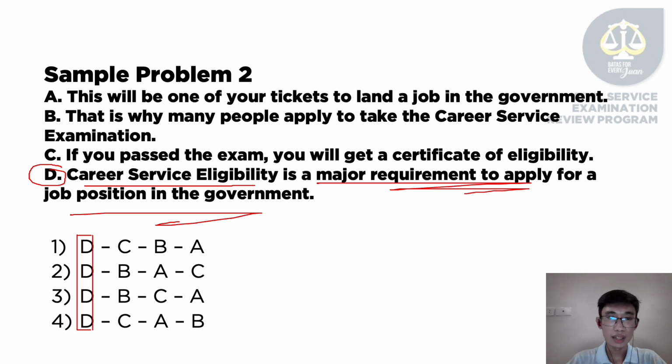How do we find the second sentence? Read the remaining sentences. Okay, letter A. This will be one of your tickets to land a job in the government. Okay, I'll read it again. This will be one of your tickets to land a job in the government. Letter A. Letter B. That is why many people apply to take this career service examination. Letter C. If you pass the exam, you will get a certificate of eligibility. Okay. Now,